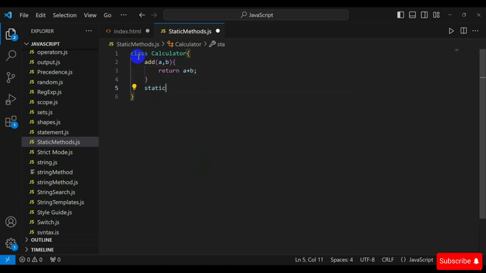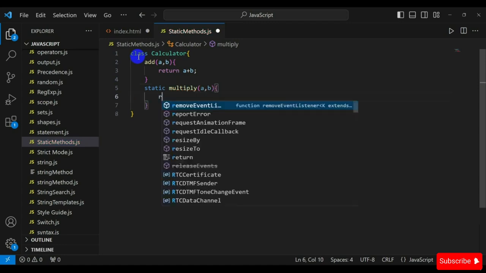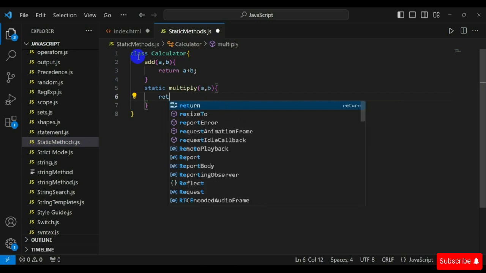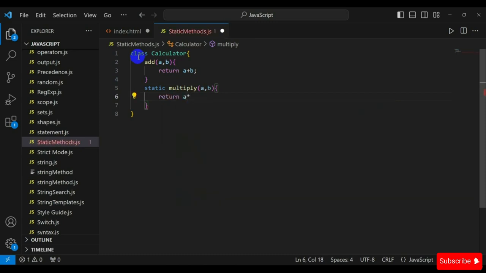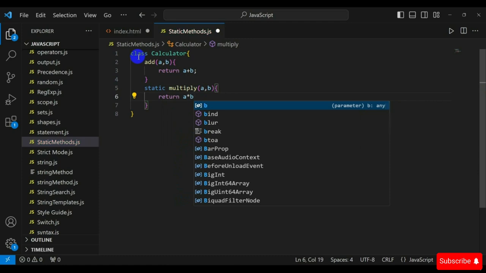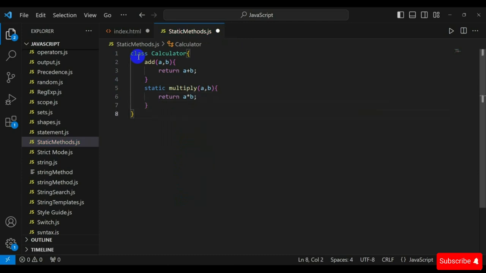So first I create static, and then multiply, and multiply A and B. Then curly braces and create the return, A multiplied by B. Then semicolon. And now I am creating the